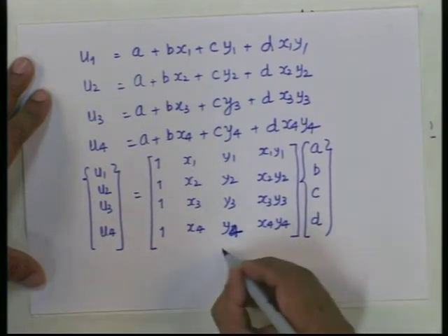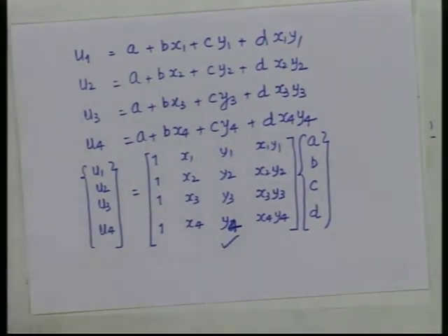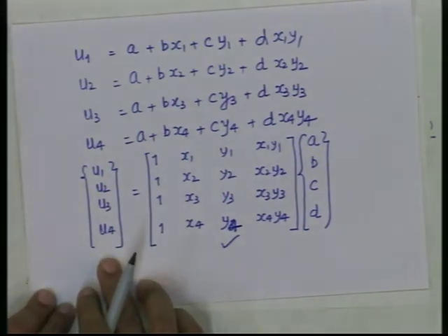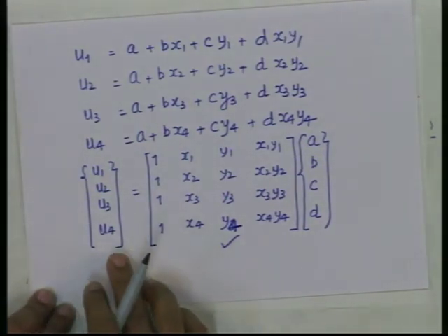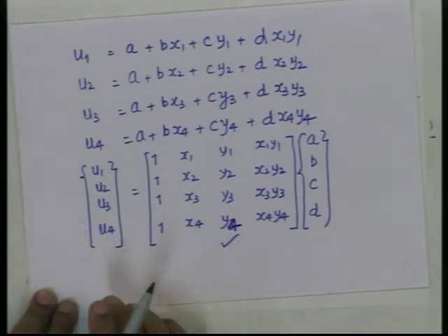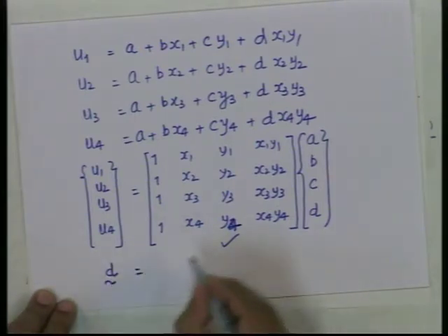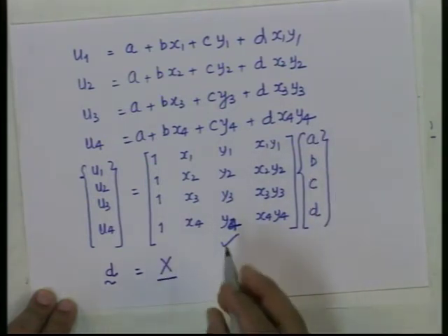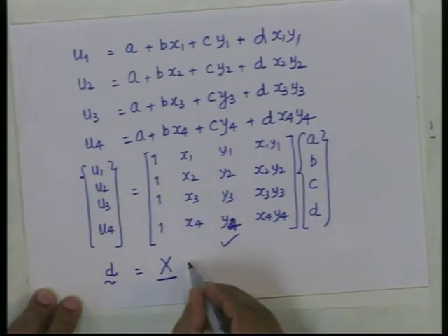Now, this coordinate matrix is known. So, I can find out the values of a, b, c, d. If you call this a D matrix, of course, half the D matrix, it is not the complete D matrix, u1 v1, but then the shape function for u and v will be same. So, it is no point in writing v1 again. So, if you call this as D and this matrix as X matrix, and this is the undetermined coefficient, let us call this as A.